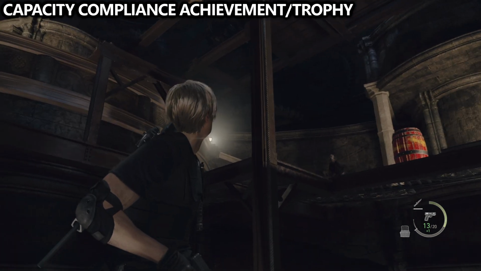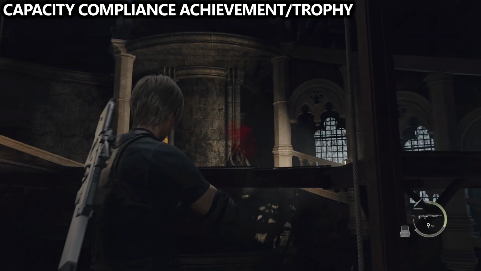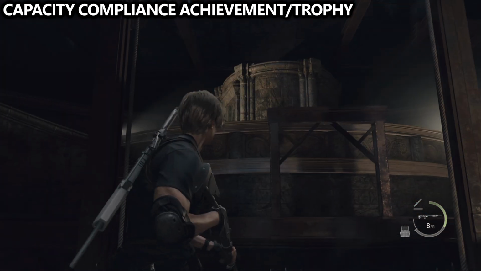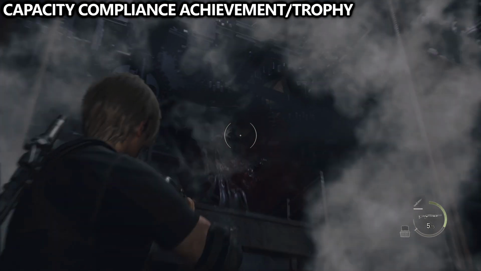And after taking out the first Crimson Lantern enemy, there will be an archer we can take out. We can then use an explosive to take out 2 more enemies. And then it starts getting a little bit more crowded near the halfway point here. And I'm going to switch to my shotgun so that I can basically one-hit all the enemies